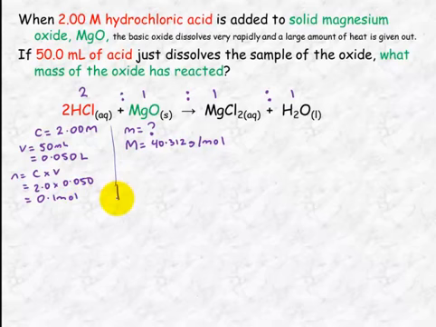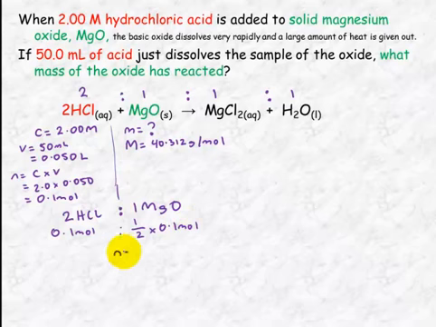Excellent. Look at our mole ratio now. So we've got 2 hydrochloric acids will react with 1 MgO. We've got 0.1 mole of hydrochloric acid, so that's going to react with the mole ratio, which is the unknown divided by the known, so half times 0.1 mole of MgO. So the number of mole of magnesium oxide equals half times 0.1, which equals